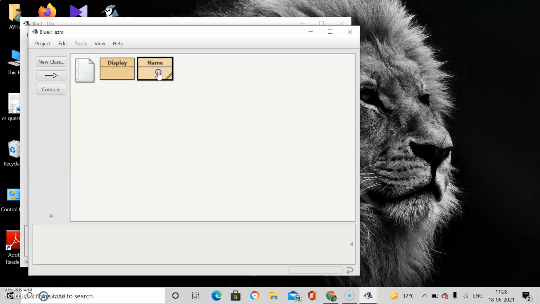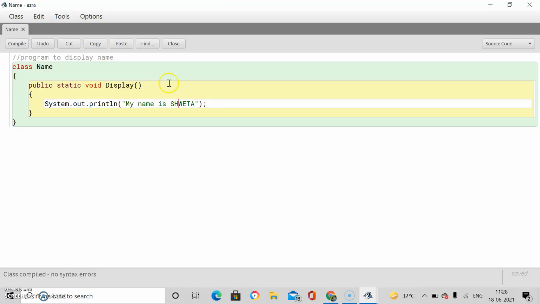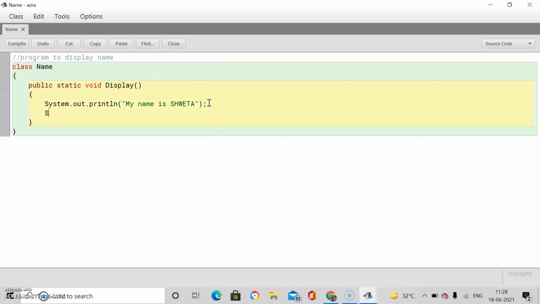Okay, now suppose you have to print your name and address, both the things. Press enter for displaying your address. Again write System.out.print. This time I am using only the print method. Okay, I will tell you the difference.